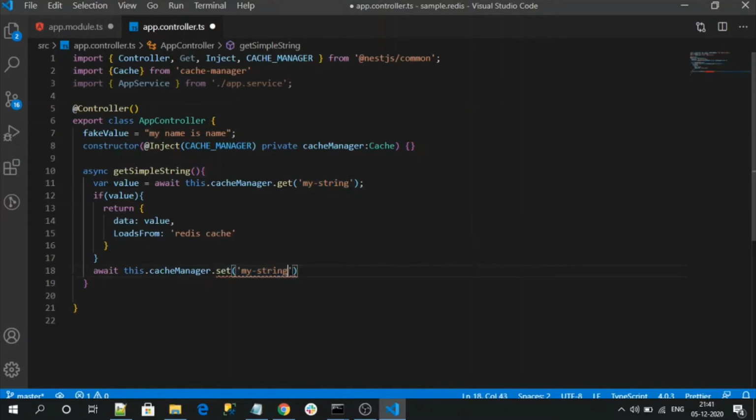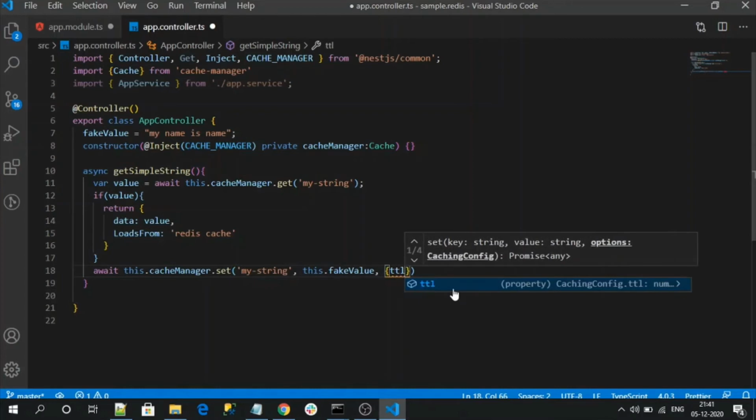So we should use the same key. Next, the value. Here my database value is the fake value variable. In real time, we need to store the database data here. And I need to specify the expiration time. This is 300 seconds, which is 5 minutes.